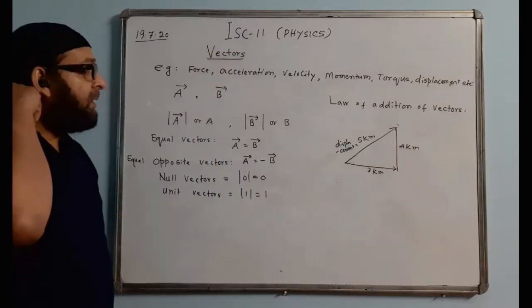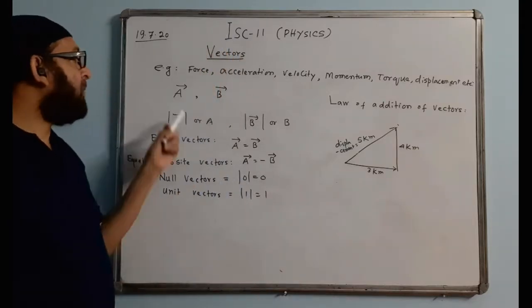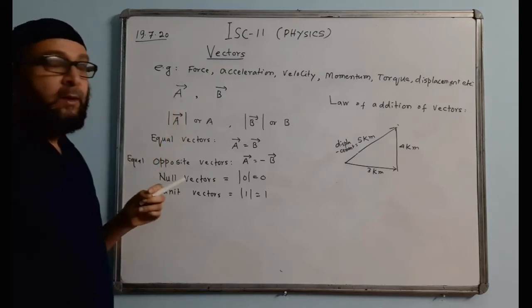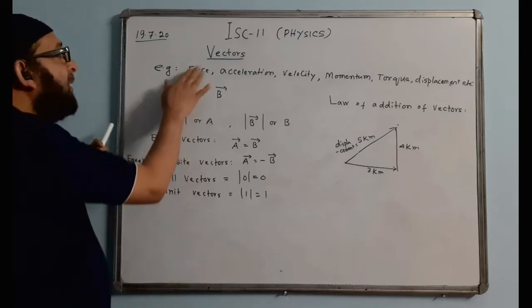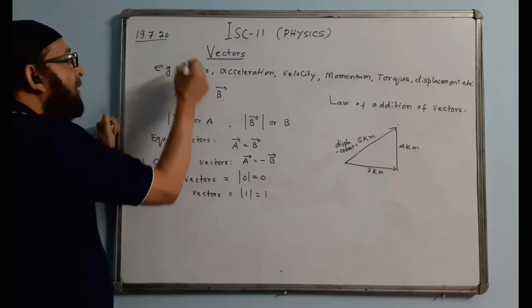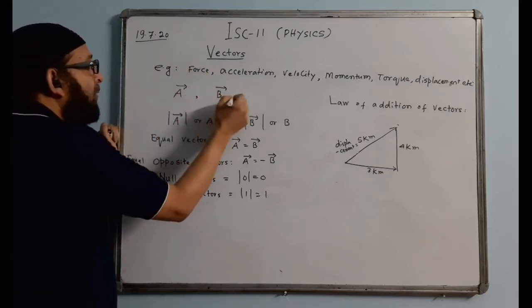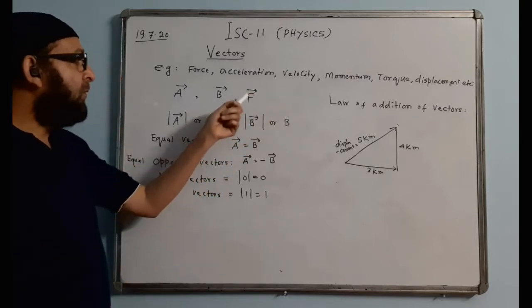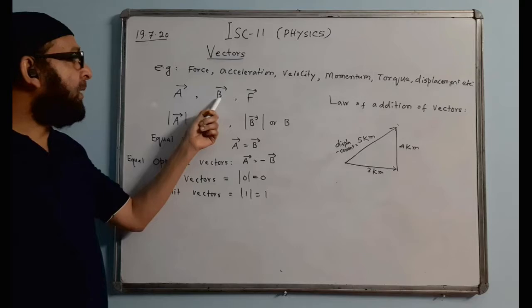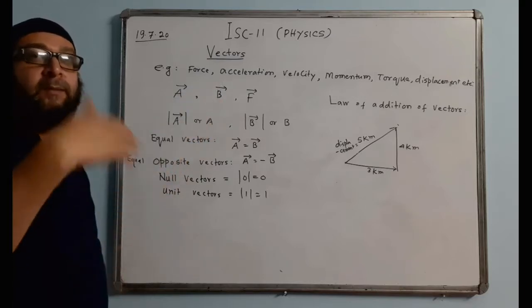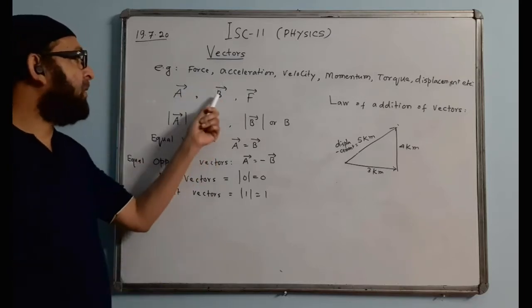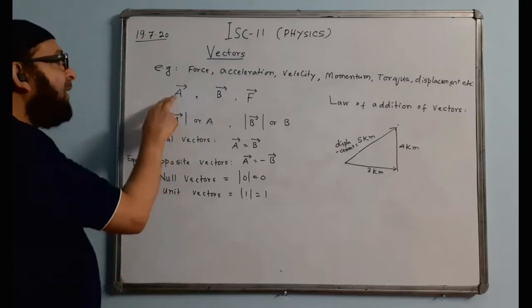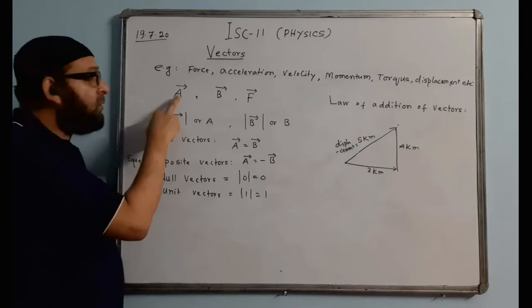Now, vector quantities are usually represented by capital letters with an arrow on top. Like if A is a vector, A can be force. If it is force, we can even write F, and on top an arrow. That is a vector, force vector. Same way we can write B, maybe some other type of physical quantity, but we represent it by an arrow on top. On the head we give an arrow. Now this will have direction and this will also have magnitude.